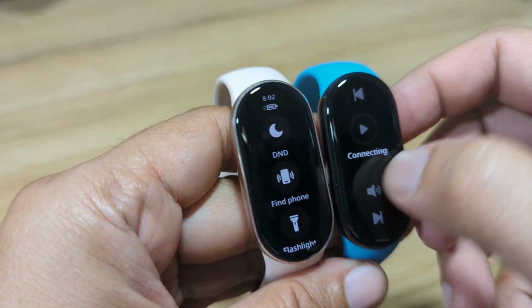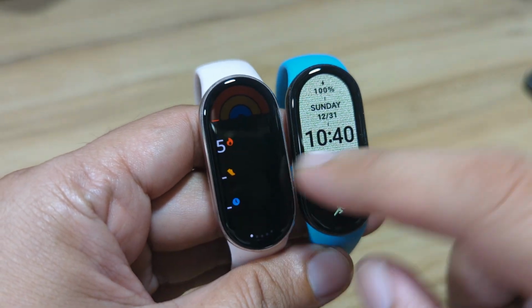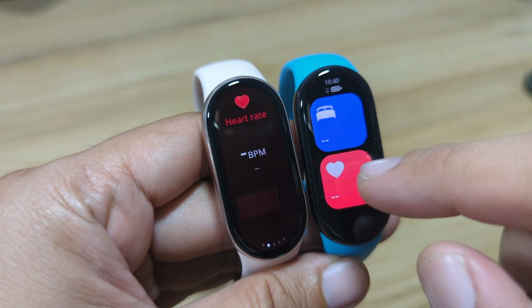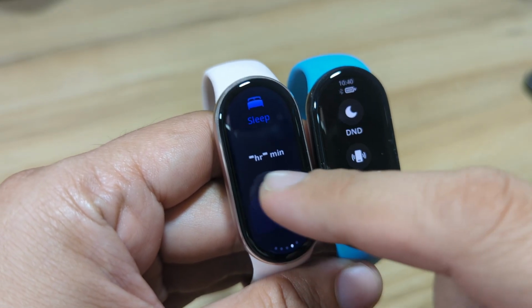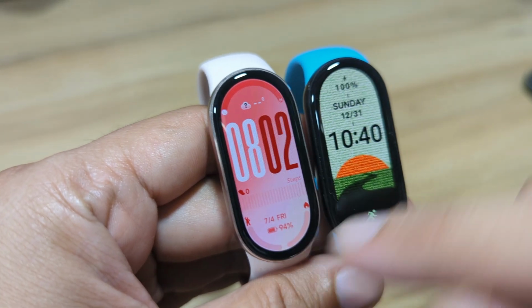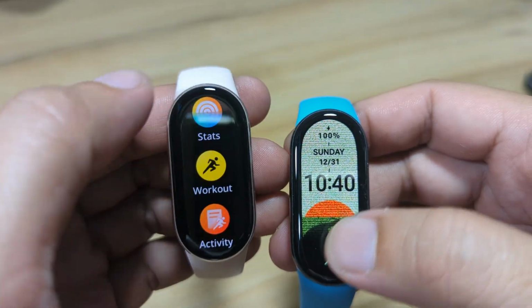Going back, on the right side we do have the components or the widgets. For the menus, swipe up.